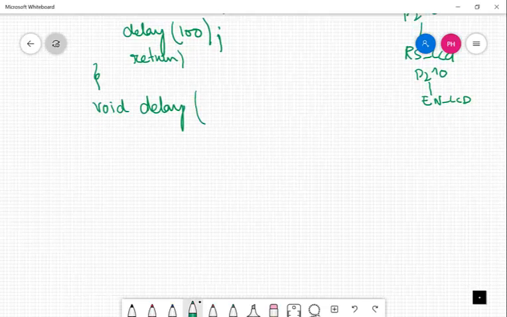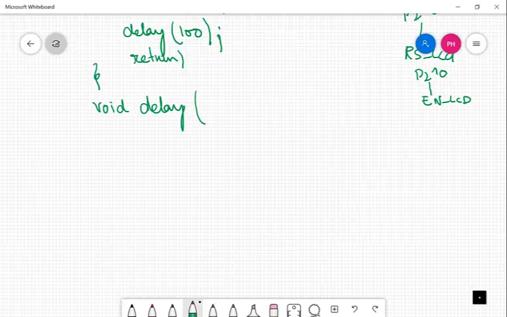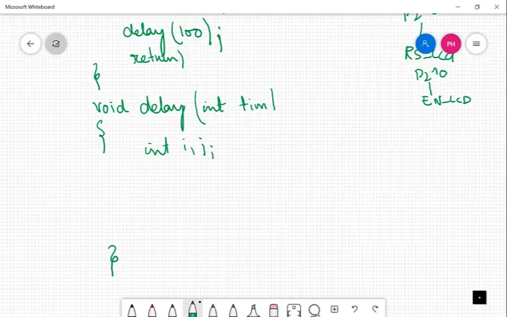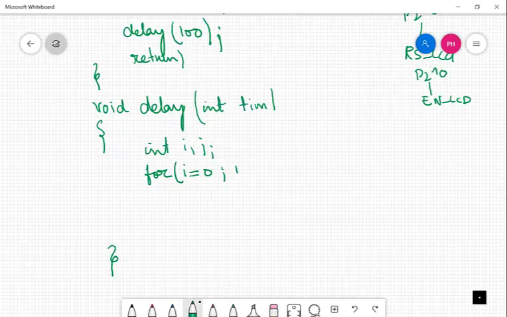Delay is always passing a value. I will store that value in a variable, maybe tim, for time. Inside the delay function, as we have already discussed previously, I will declare two variables, int i and j. Then I will write a for loop for i equal to 0, i goes from 0 to the value tim, the value we have passed,